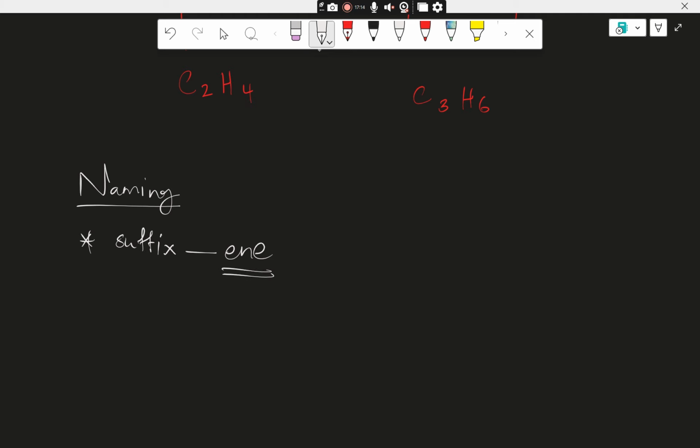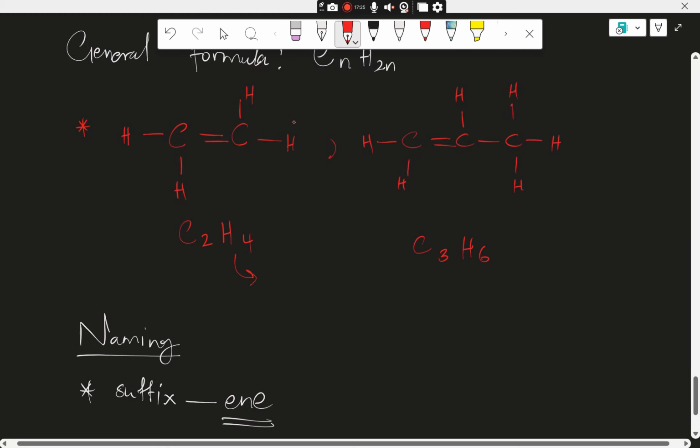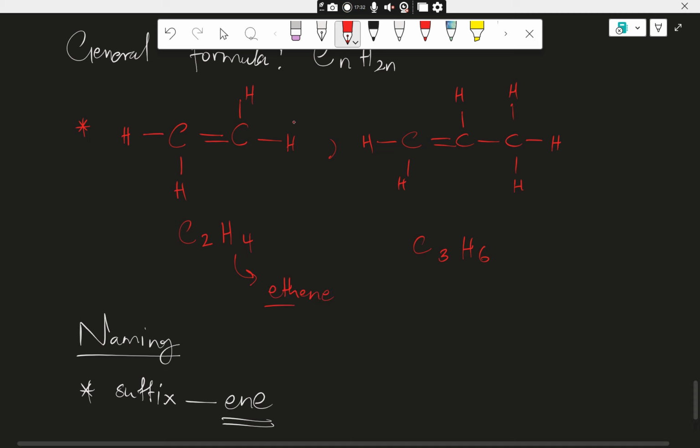You just add an ene instead of an ane, right? Which means that this one will be named ethene, and this one will be named, what is this? Propene,